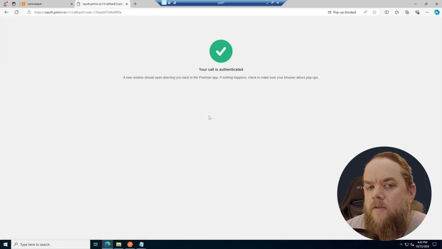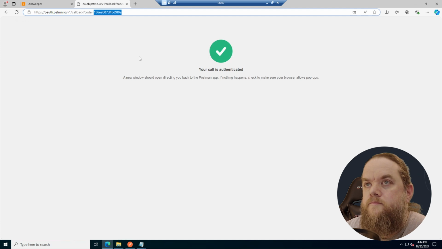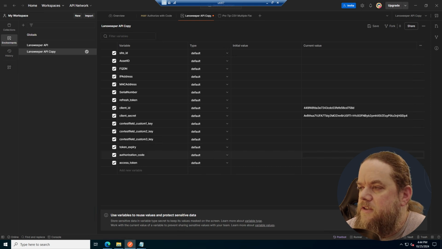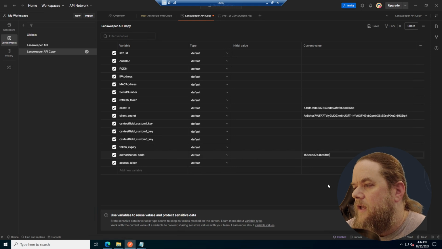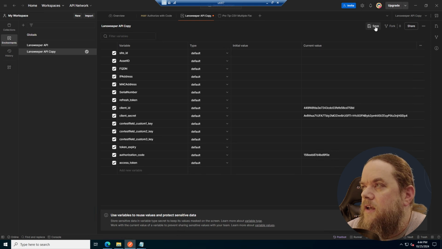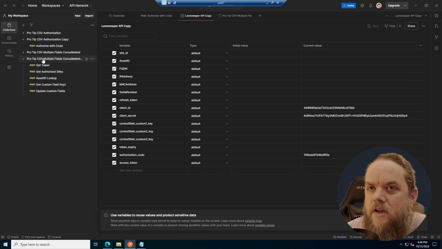So right here, the callback URL, which was the Postman API, authorized it and gave me the code. So you copy that code and you go back down to your environment variables under authorization underscore code, and you paste it. So right here is your ID, your secret, and your authorization code. And you will save the environment variable, and you'll go back to the collection of steps,